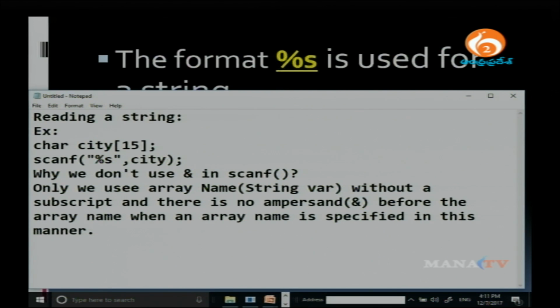Actually, we do not use the scanf function, we use the gets function. The gets function is what we use to read values from the keyboard.